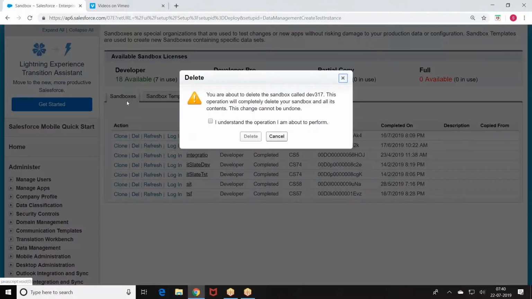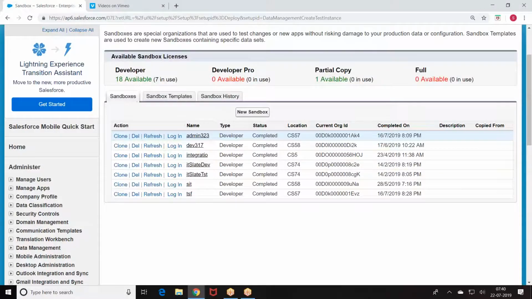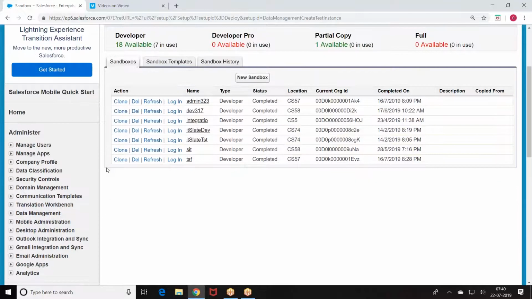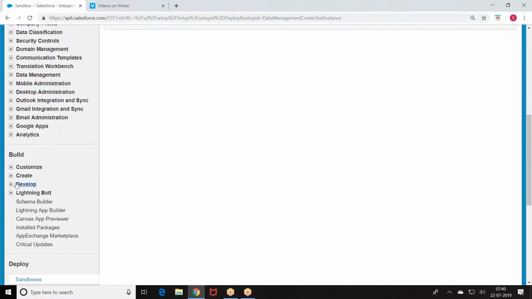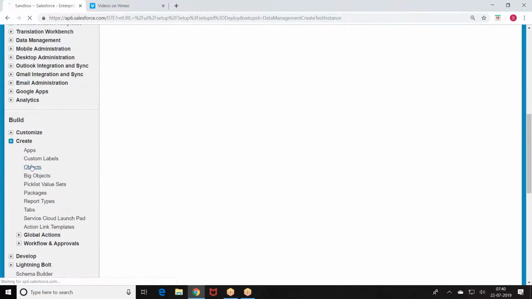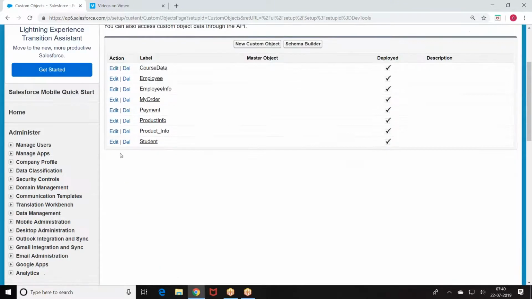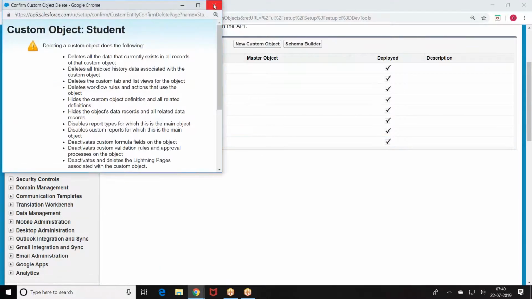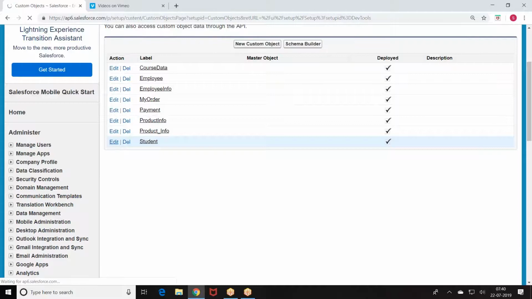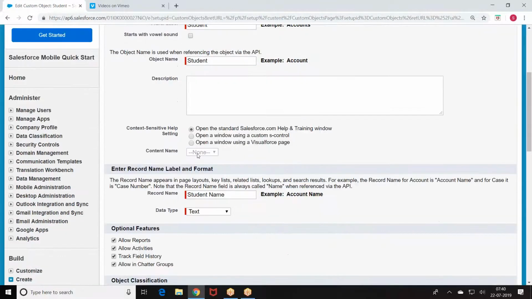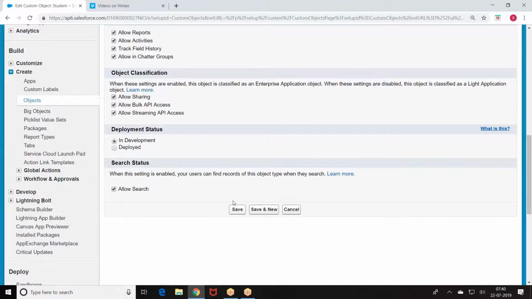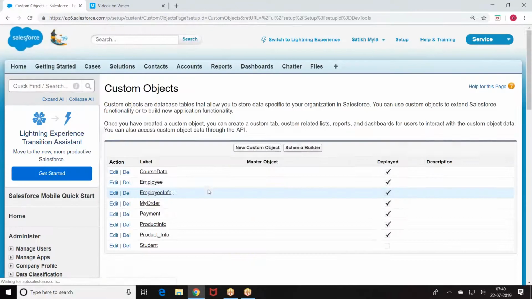So I was creating this. Now what I want to do, when you go to the production, I have created objects. Now I was trying to delete the object. I am trying to delete this object.